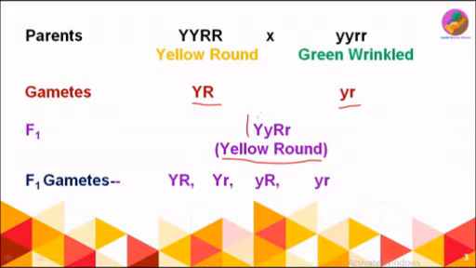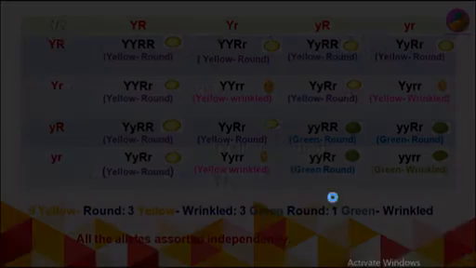Now, in the dihybrid cross, it says that this F1 combination will form 4 types of gametes, by crossing the first pair with the second pair. So capital Y combines with capital R, which gives the first gamete. Capital Y with small r is the second gamete, then small y with capital R is the third gamete, and small y with small r is the fourth. So 4 types of gametes are formed here.